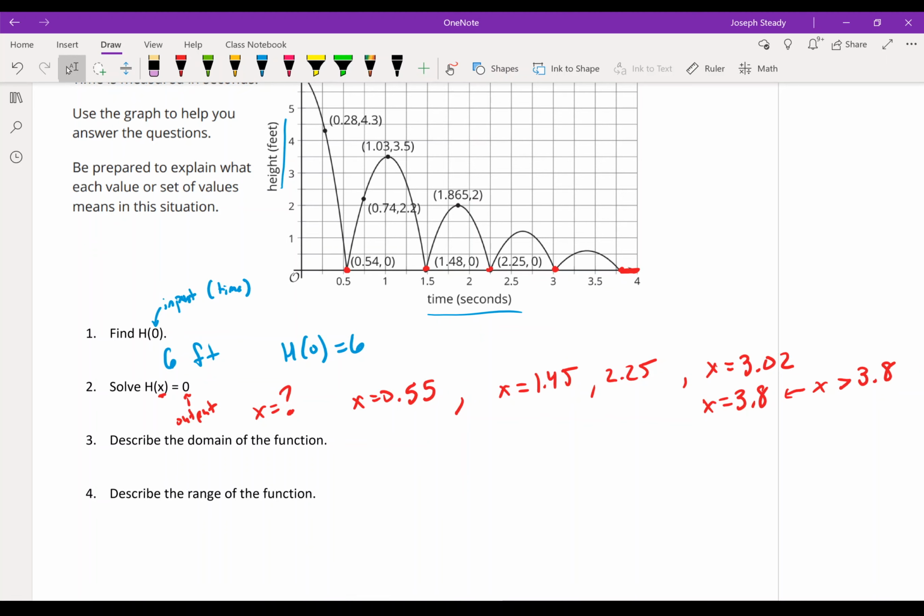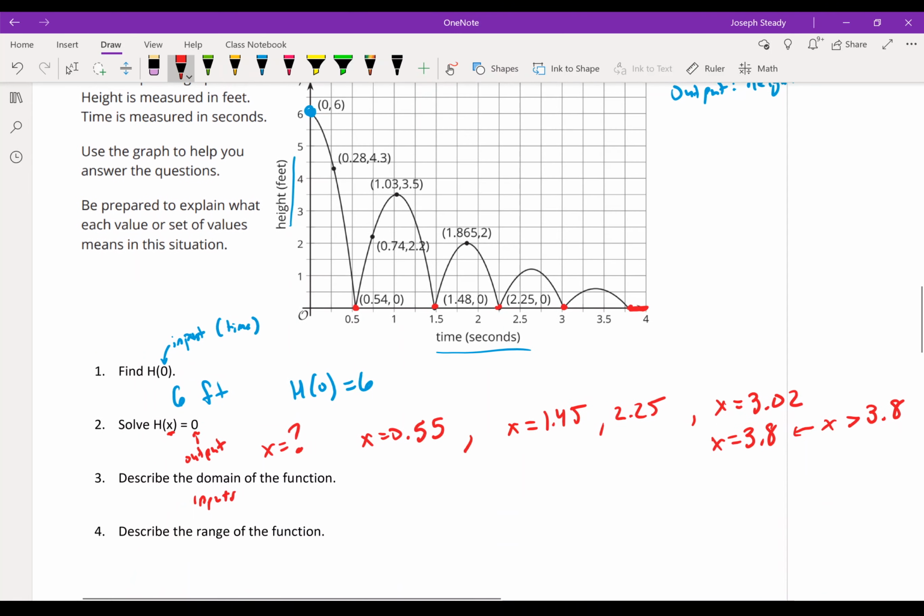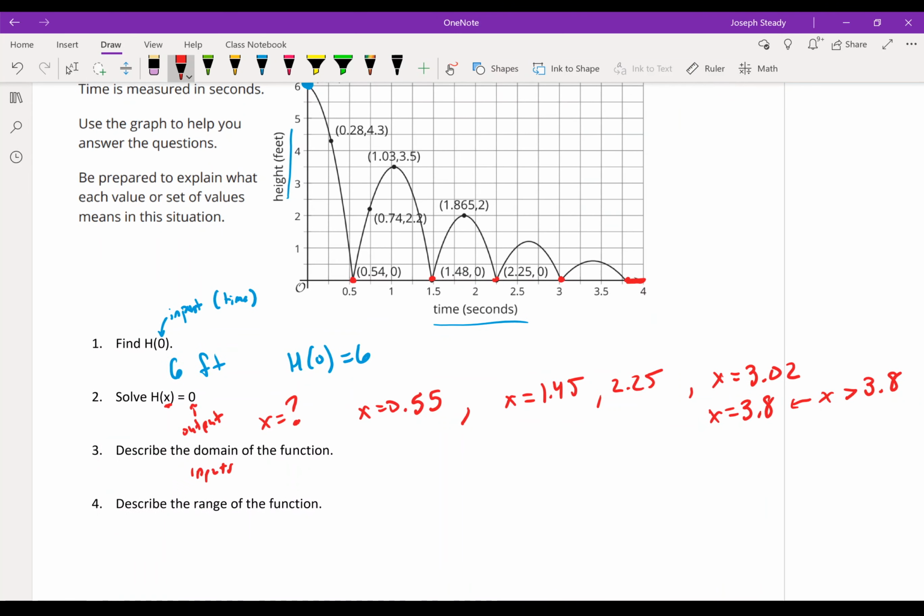Next part up, describe the domain of the function. Remember, domain is always your inputs. And in this case, input is time. So if we consider that the ball is dropped and then bounces, bounce, and then it rolls for a little bit and then stops, they don't tell us exactly when it stops, so I'm going to assume that it stops at the end of the graph, which means my domain is going to be that it can be any time from 0 to 4